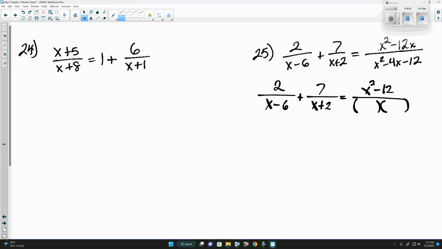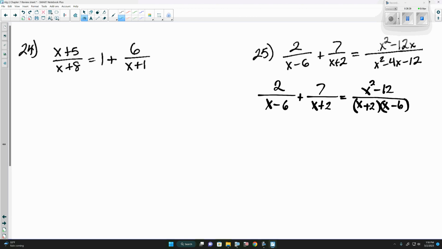Whenever we're solving, we do need to make sure all the denominators are factored as far as possible. So x squared minus 4x minus 12 does need to be factored. We have our plus and minus. Factors of x squared are x and x. Positive 2 and negative 6. And that is kind of nice,